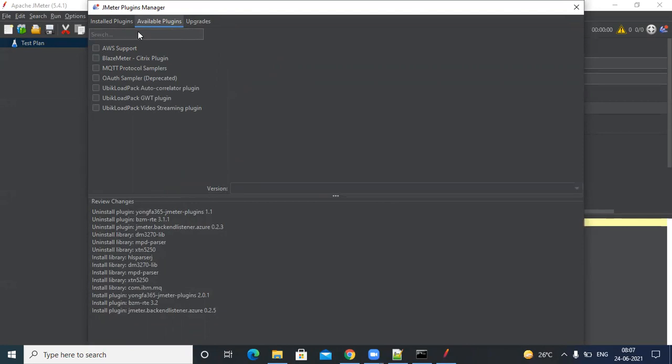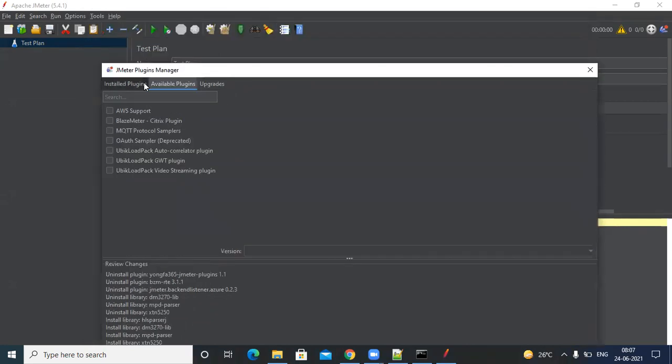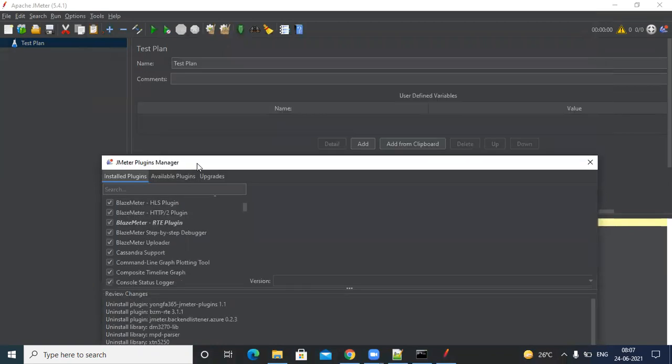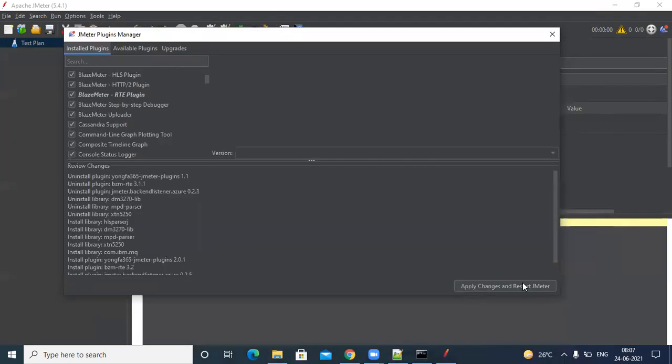What you have to do is just resize the window, and you will see apply changes and restart JMeter. Just click on apply changes and restart JMeter. It will download everything for you, install it, and restart automatically.